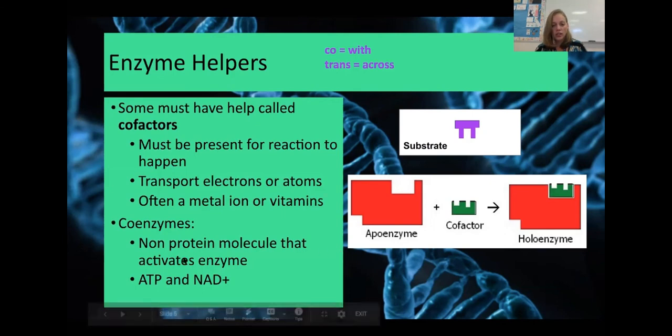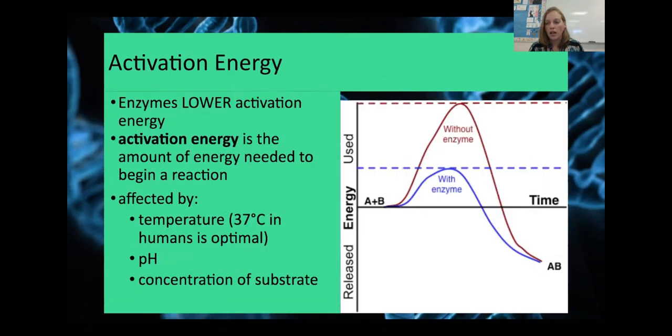They are just these little molecules that are used for energy, ATP and NAD+. Some enzymes do require an extra energy source in order to function. I mentioned earlier how enzymes lower activation energy, and activation energy is the amount of energy that a reaction needs